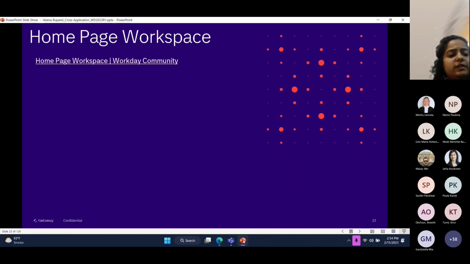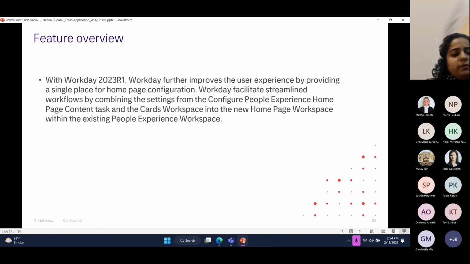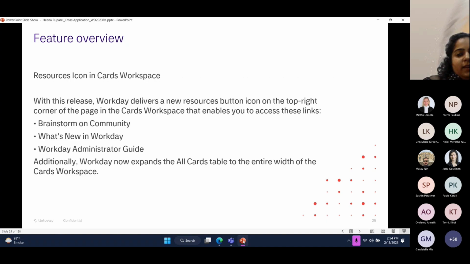Coming to the next feature, it is with respect to the homepage workspace. With homepage workspace, Workday 2023 R1 brings this improved feature to us where the user experience can be built and changed in a single place for homepage configuration, where Workday facilitates streamlined workflows by combining the settings for configure people experience homepage content task and the cards workspace into a new homepage workspace within the existing people experience workspace. So what this means is it's very easy for us as end users because